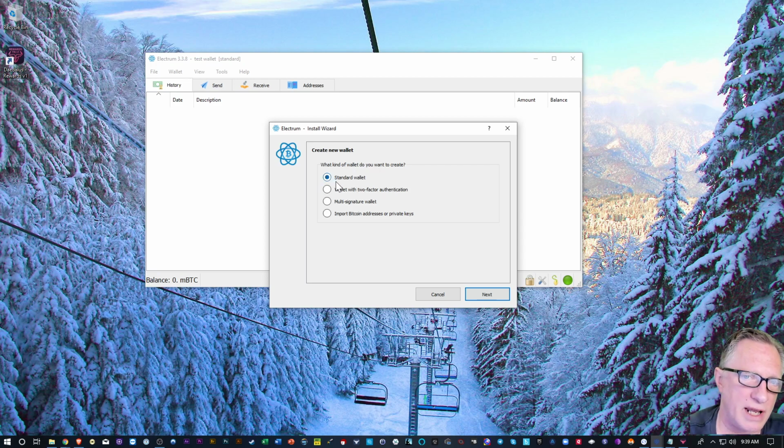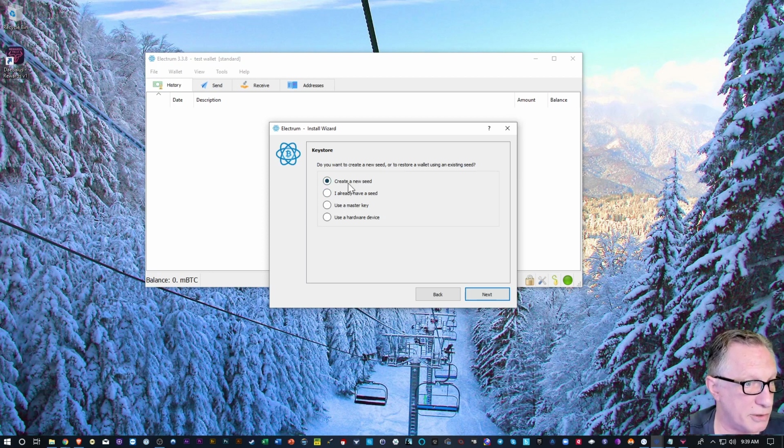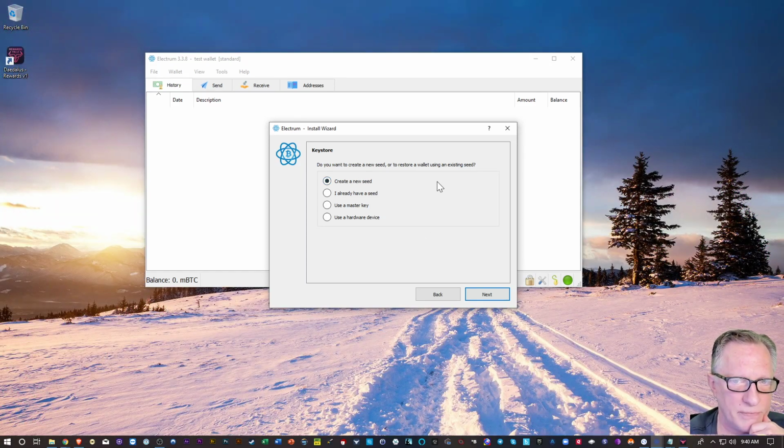But we're going to go ahead and create a standard wallet here. I'm going to hit next. Now it wants to know if it's going to create a seed for me, right? When it generates that long private key, it's also going to generate a seed, which is a mathematical representation of that private key in human readable format, a bunch of words, right? It's easier for me to write down 12 or 24 words than to meticulously write down a 256 digit number or whatever the number turns out to be. So you can use this wallet to restore other wallets, but I'm going to create a brand new wallet, right?